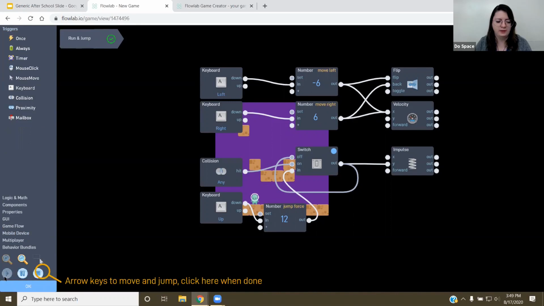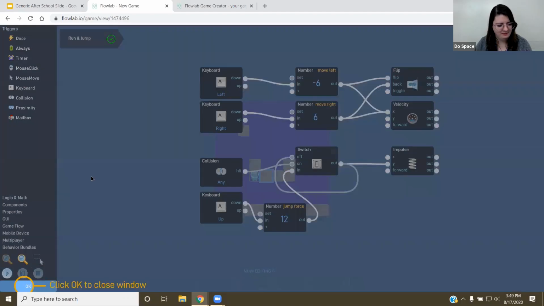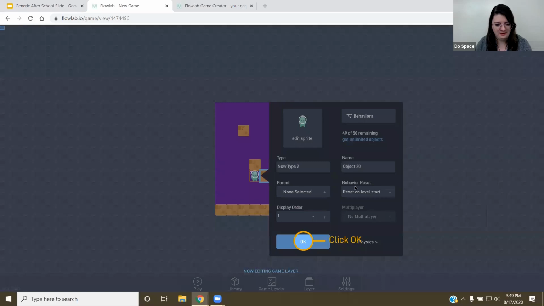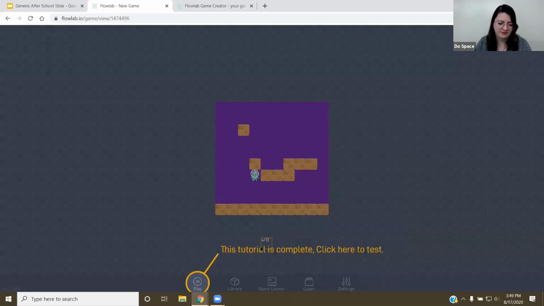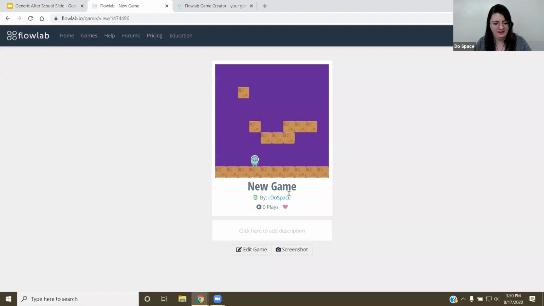This is like when you click the play on the lower left, it's testing. Let me stop for a little bit and click OK. I was going to go through a way to hide that away. But when you're doing behaviors, you can test them in the lower left and move things left and right. Now I'm just going to click play.